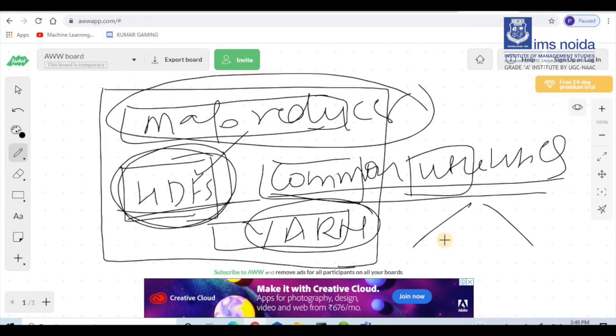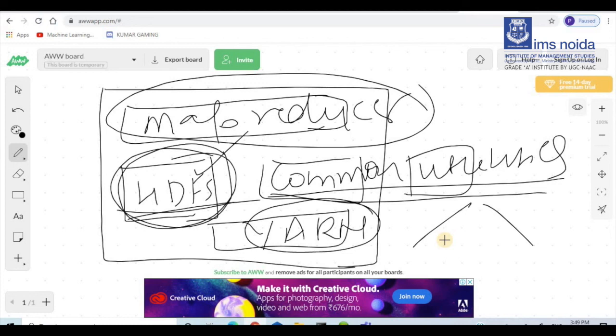This happens every time. And which node the data should be saved on and replicated to is managed by HDFS. And YARN manages the resources, as I told you, and